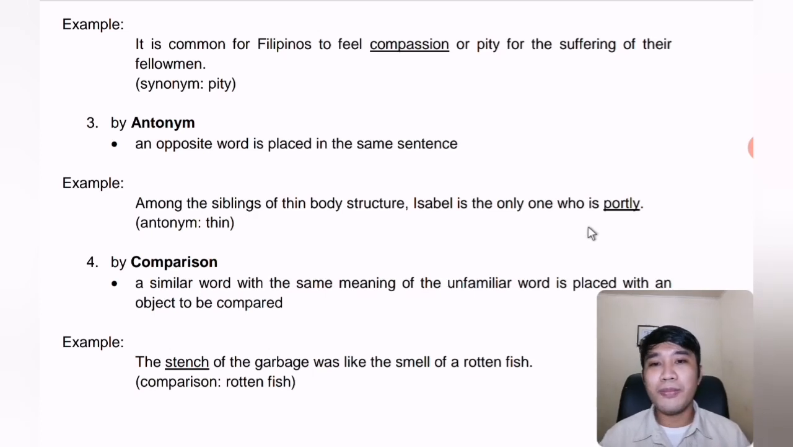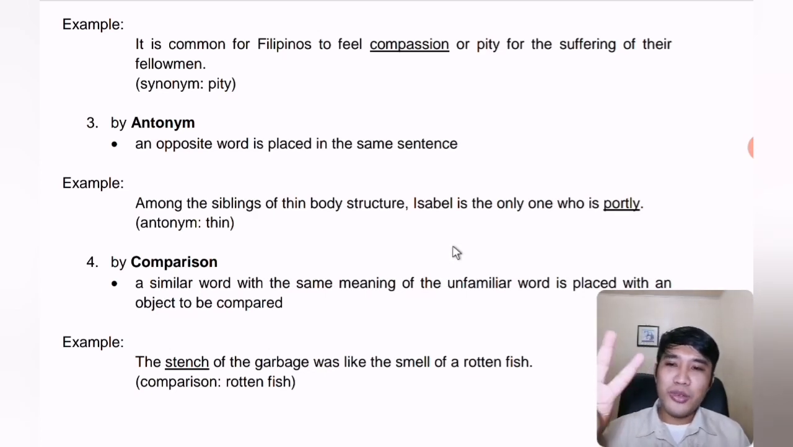So what's our clue? If we try to analyze the sentence, the word portly has an antonym here, which is the word thin. All we have to do now is to think of the antonym of the word thin. What is it? Yes, it helps us to understand that the meaning of portly is fat or somewhat fat or stout, something like that. So using the antonym or the opposite word of the unfamiliar word, you'll be able to know its meaning. Number 4 type of